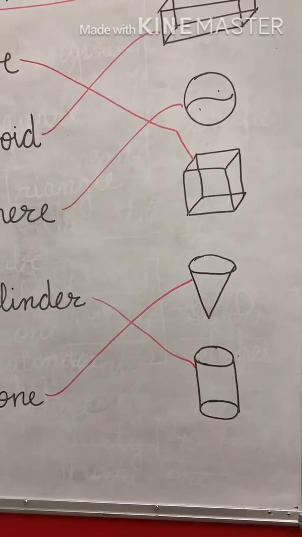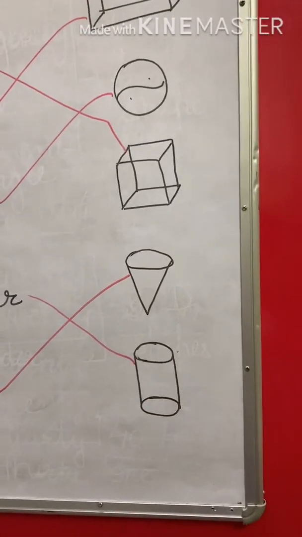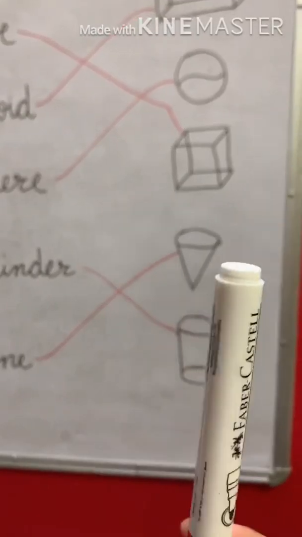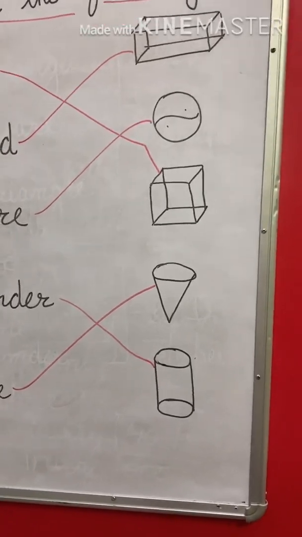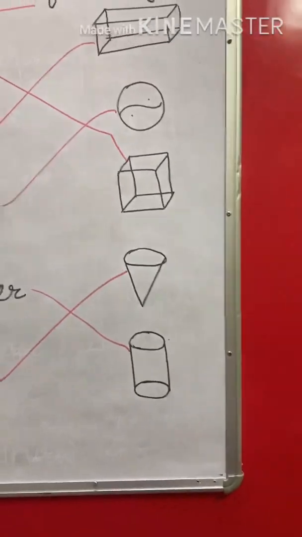And the fifth one, cylinder. There are the examples of cylinder. As I told you, it can be anything round. Just I gave you the example that this marker is also a cylinder. Earlier I showed you few cylindrical shapes. Even if I talk about this, the body of this pen, this is also the shape of a cylinder.